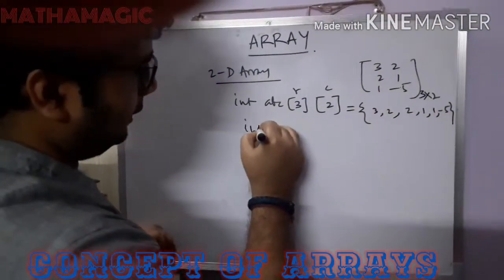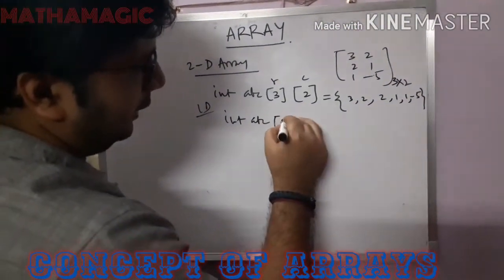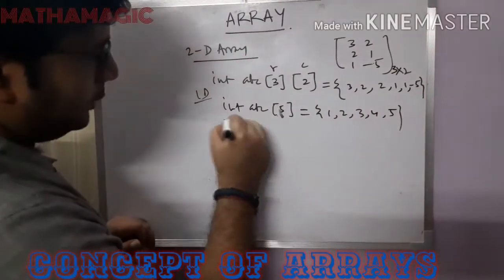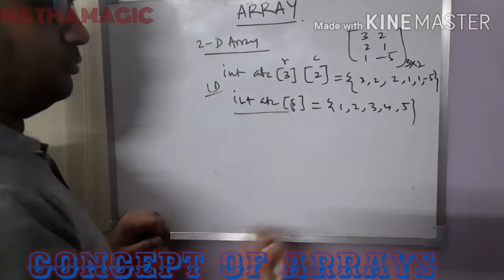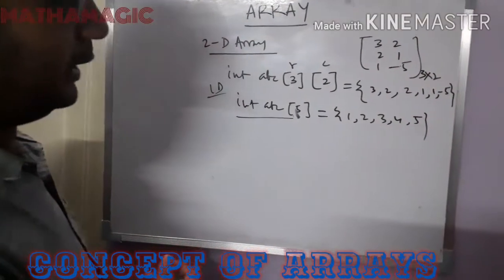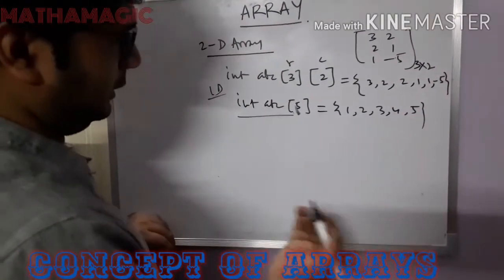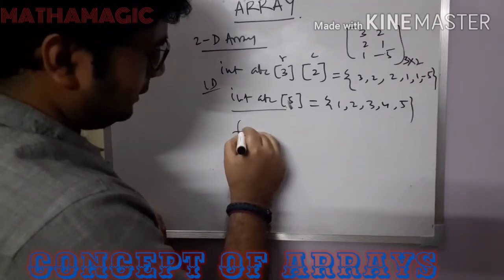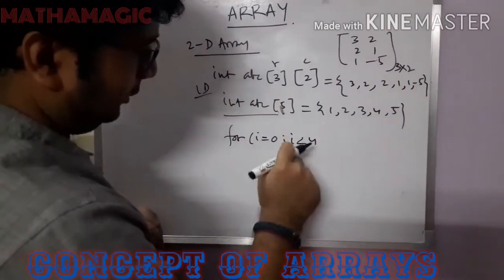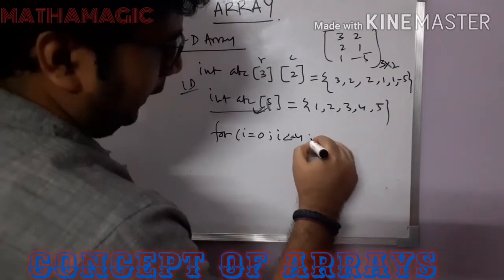In case of the one-dimensional array, we have written a 1D array of size 5. So it will be 1, 2, 3, 4 and 5. Now directly we can give the values like this, but it is not always possible, or not always convenient, to give the input like this. We have to tell the user to enter the values. So in order to do that, we can simply write the for loop as for i equals 0, i less than 5, i plus plus.